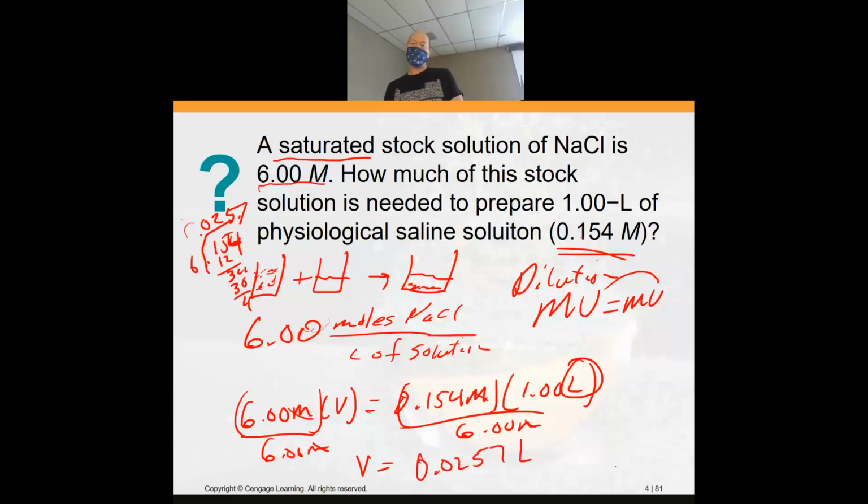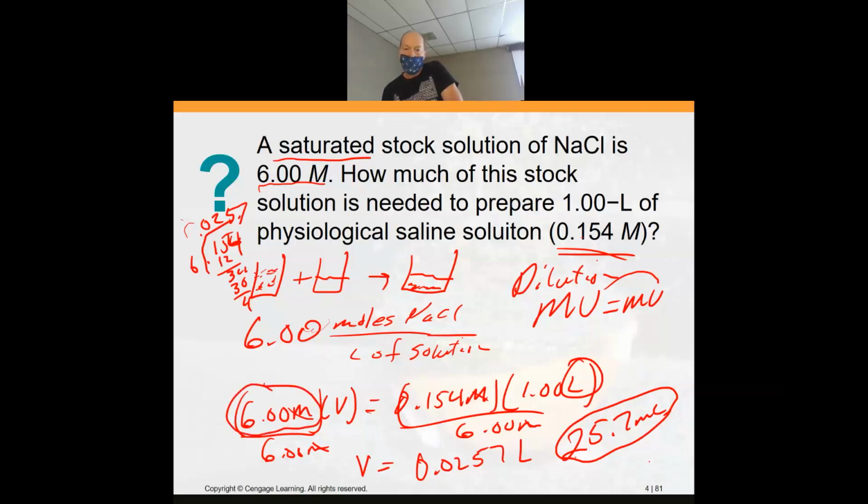And that's in liters. So you might want to put that into milliliters. You don't have to if it doesn't say what is the volume in milliliters. But if you're in lab and you want 0.0257 liters, no, you want 25.7 milliliters. So you get out your 100 mil graduated cylinder or your 50, and you measure out 25.7 mils of the 6 molar